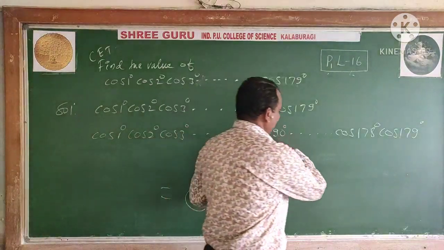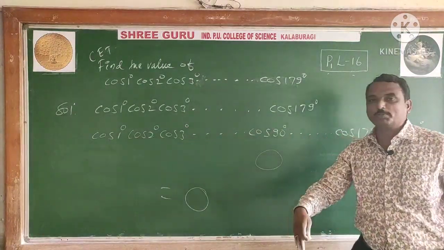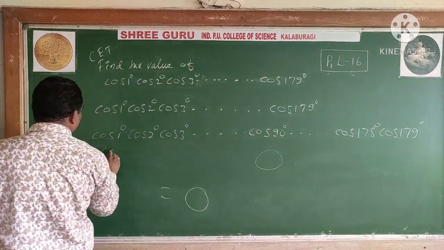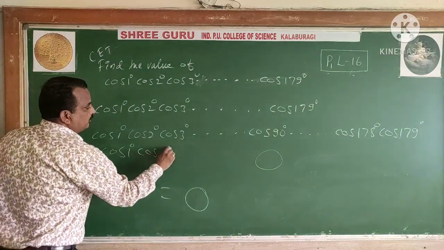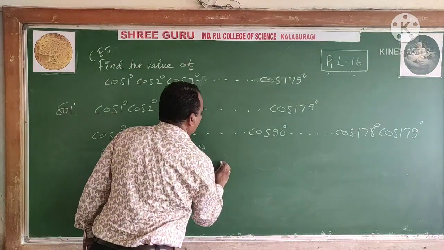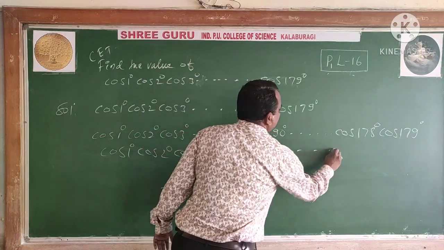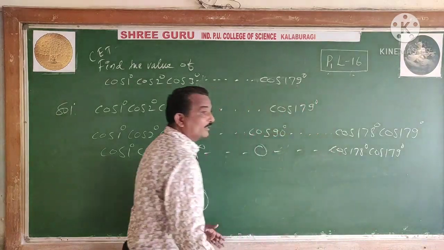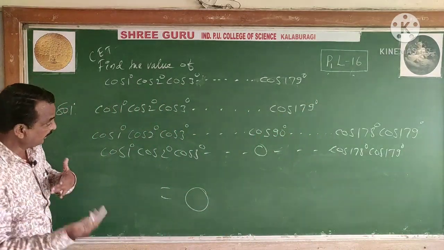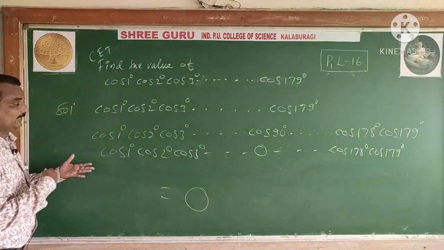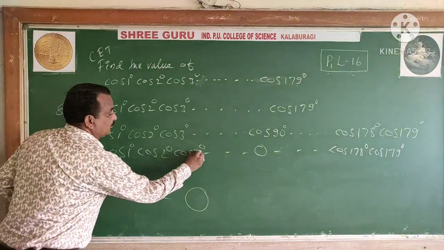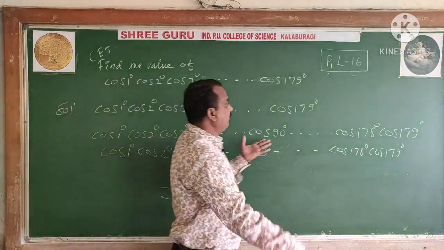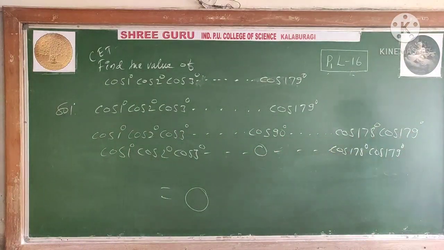Is it clear to all of you? One of the terms in the multiple is cos 90, so it becomes 0. So all the terms become 0, whatever the others may be, cos 3 or cos 178, cos 179. It is not necessary to calculate them. Don't convert them in terms of sine or squares like that. Very simple: you have a cos 90 degree, then that becomes 0.